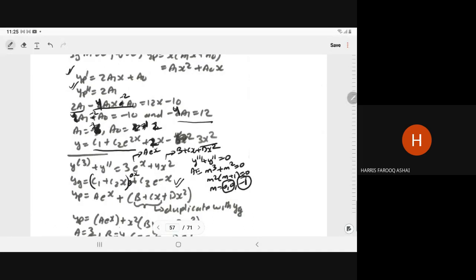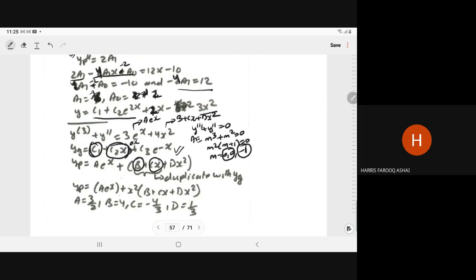We take this in general, but this b has duplicacy with c1, and this cx is duplicate with this c2x. If you take c1 equal to b and c2 equal to c, we have the duplicacy. So to avoid the duplicacy,